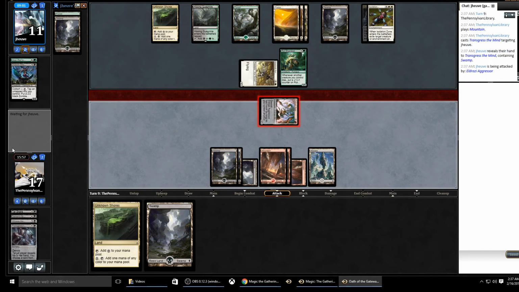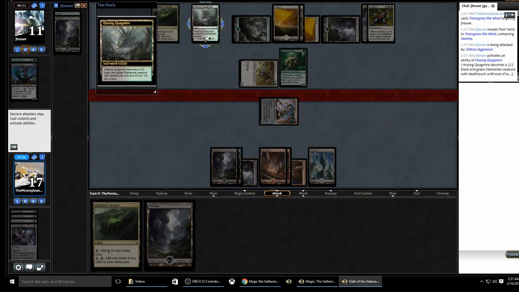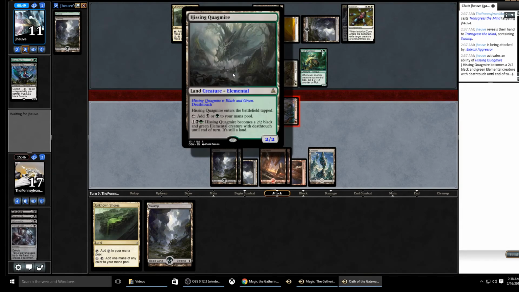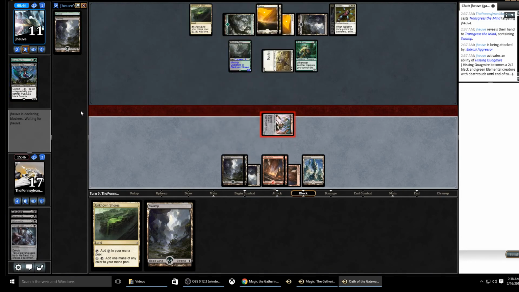Go to 9. Maybe block. I doubt it though. Do you know what? As soon as I attacked, I said, I wonder if he has a manland, and I looked up and I saw the Hissing Quagmire. So that's kind of really bad for us because now his Shambler is going to be 2/3. That's not terrible, but